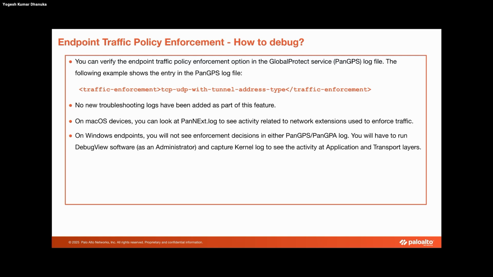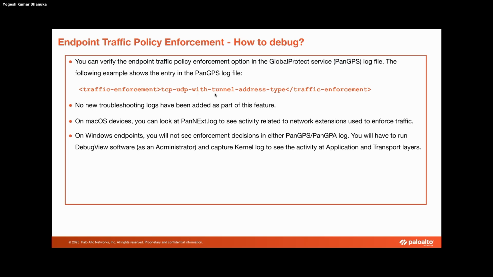Let's say you turned on the feature on the portal settings, on the app settings, but the user has not refreshed, and by default, the refresh timer is 24 hours. So until the user refreshes or connects back to the portal after 24 hours, they would still not have that feature enabled. But if you need to check it for a specific user in the GP logs, we'll see based